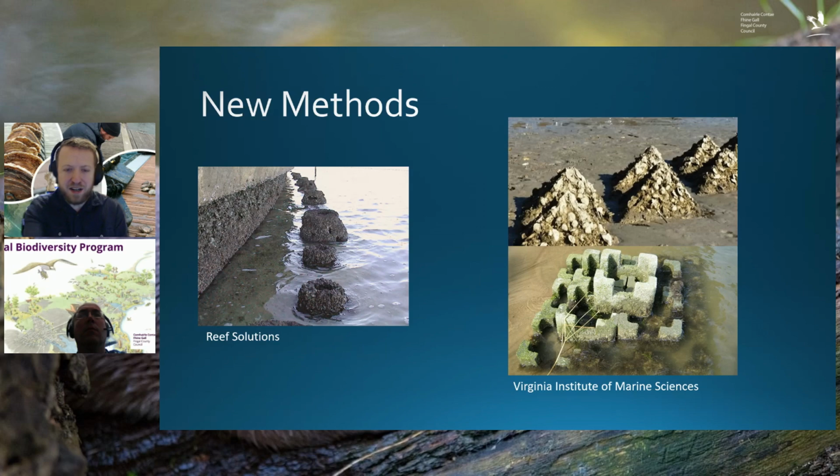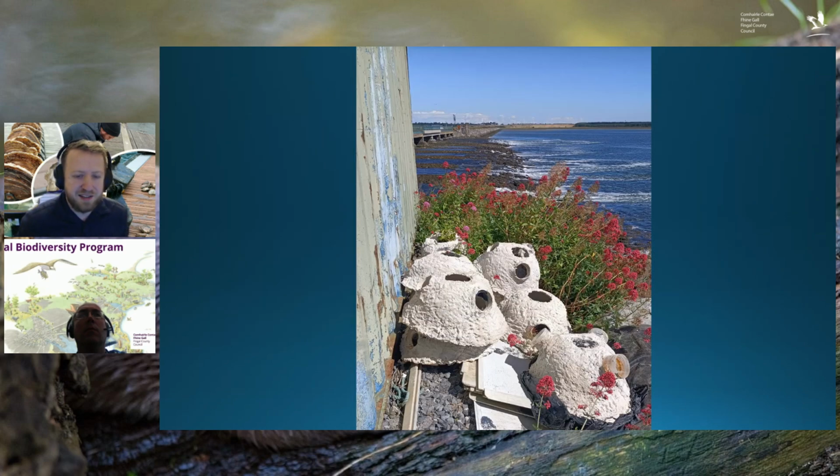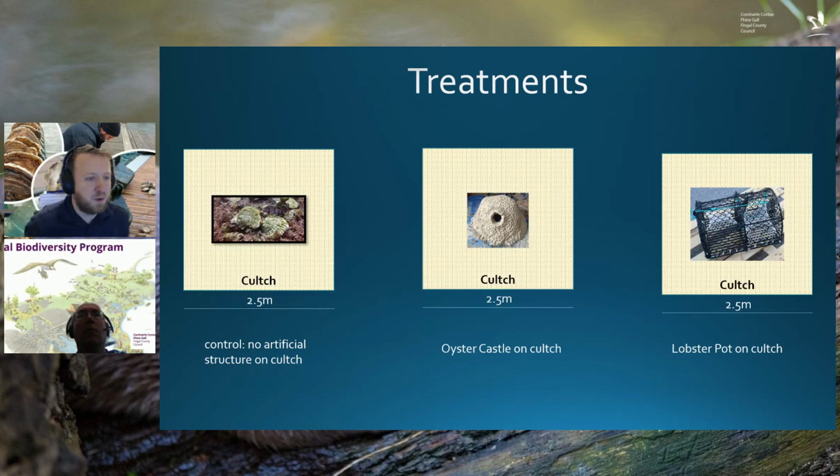And so what we're working on, or have been working on for all summer, is building these. So we have a nice little production line going up in Malahide. So we have about 50 of these built, and that's what we're going to be using for the first stage of the project. We'll be having these oyster castles that we've made, along with just a control of oysters on culch, which is that shell material again. And then also looking at essentially a lobster pot or some of those traditional aquaculture methods for growing the oysters out there, which are all either a mesh bag or a lobster pot, which is the easy one that we can purchase as just a ready to go option there.